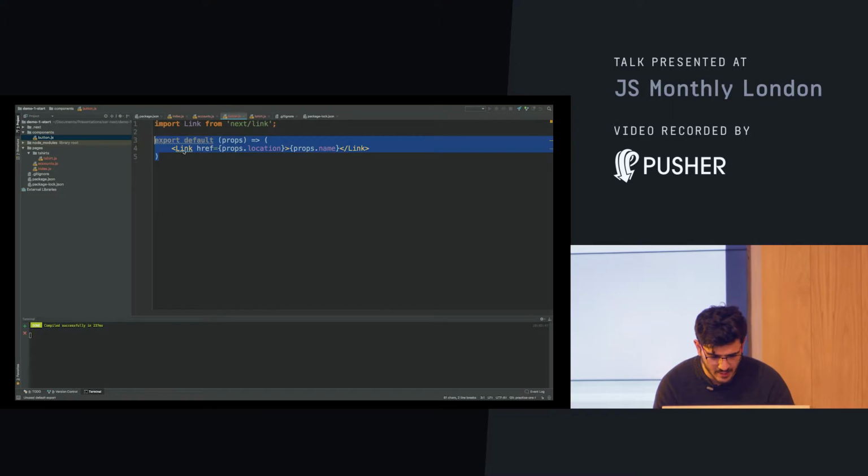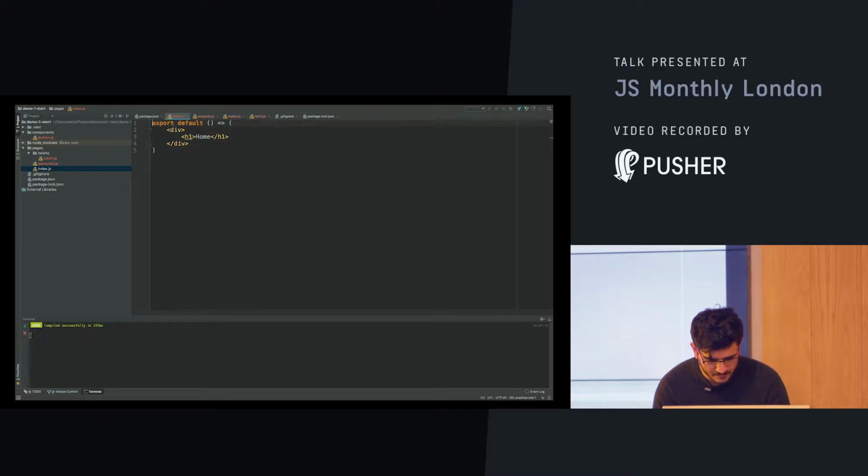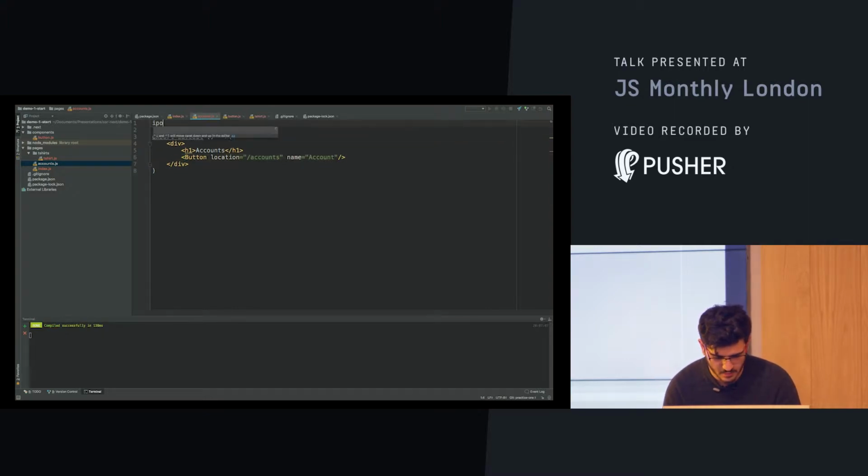I just returned a link element, and inside of here, I'm going to be importing that from our component, button. Cool. For the button, we're going to pass in location, and this one is going to be our accounts. And the name is going to be called account. And let's just copy this over to my accounts page, and import that at the top too. So import button from